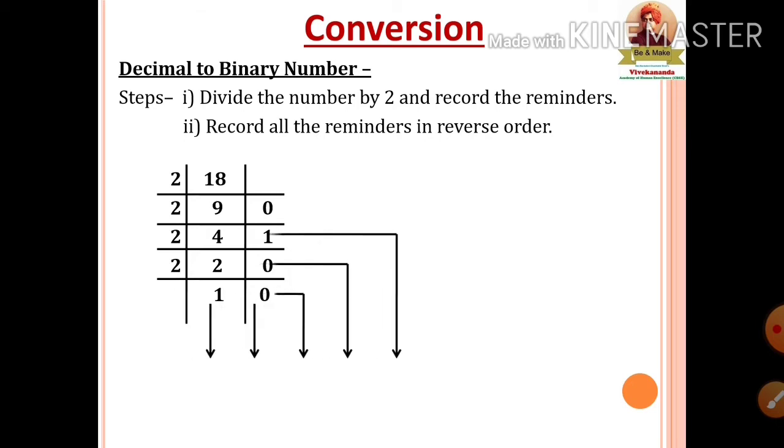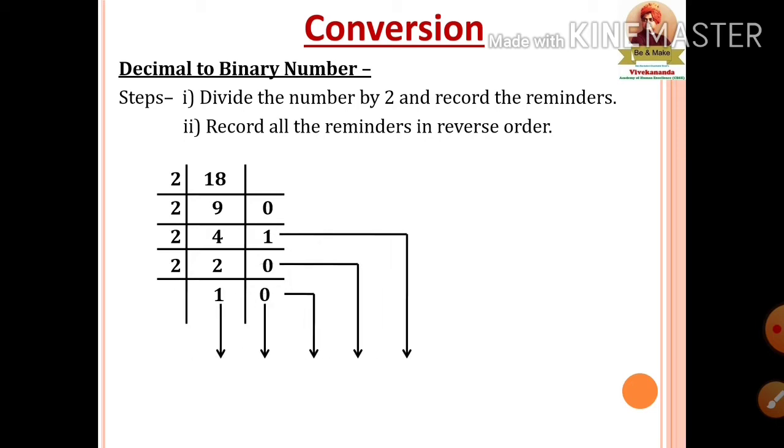Okay, now we are going to record all the remainders over here. So these all are the remainders. Okay, this is 1 0, this is 0 1 and 0. So all the remainders I have recorded over here. Now I am going to collect these remainders in a reverse order. Okay, so with reverse order I am going to collect all these remainders and I am going to write down these